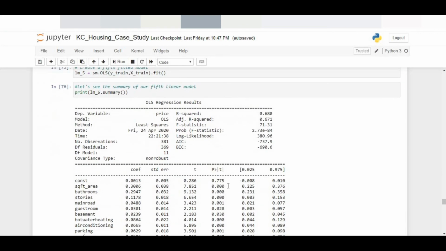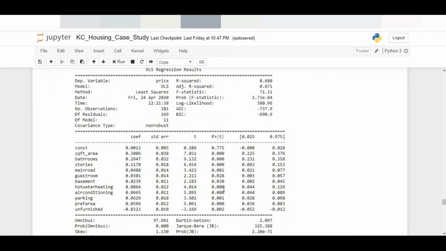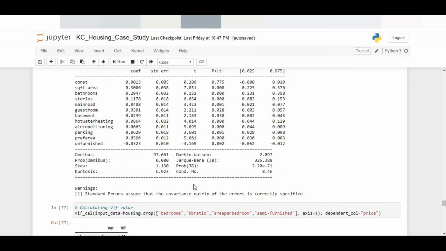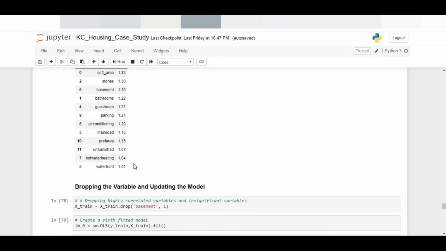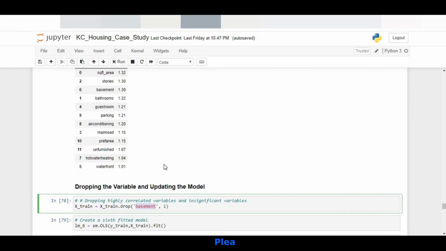Okay, so now I drop semi-furnished, and I calculate the p-values. Things are looking good over here. All right, now let's see how the VIF behaves. Again, things are looking good. Okay, now out of intuition, I believe basement is a variable which might not have much importance on the price of a house.